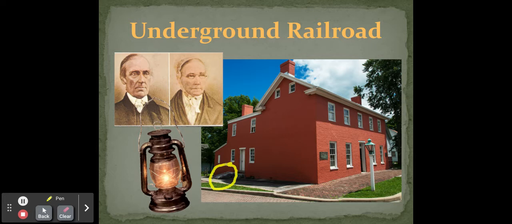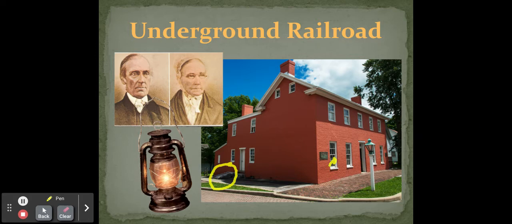this little door. And it's a door that leads down into their basement. And what they would do is they would let slaves stay down in that basement and hide as they were getting away to freedom so that they did not have to be a slave anymore. They would try to make their way all the way up to Canada, which is above the United States. And so they would put a lantern in their window, and that would mean that this was a safe place for the slaves to stay until they could travel on